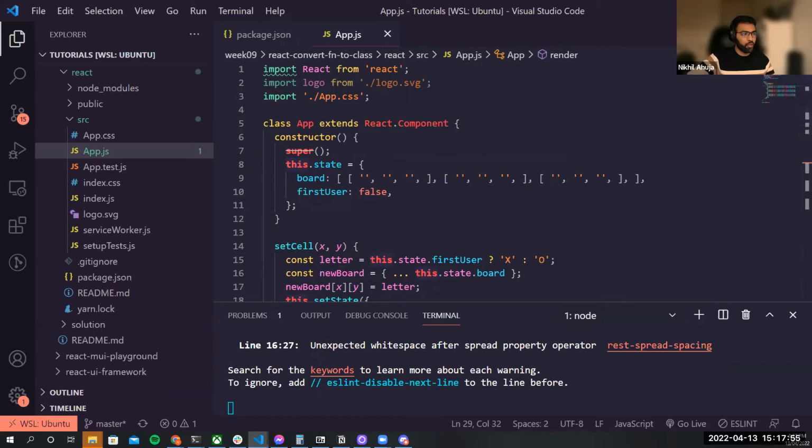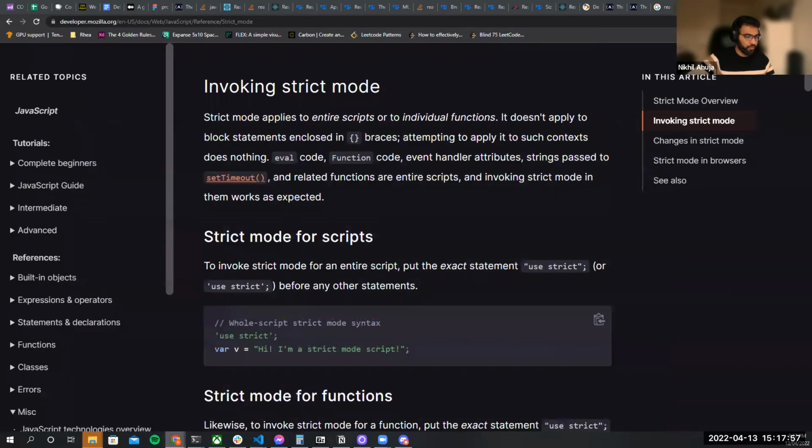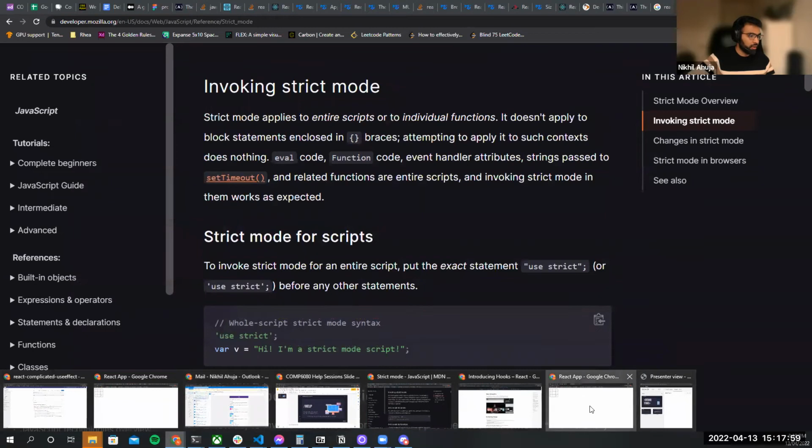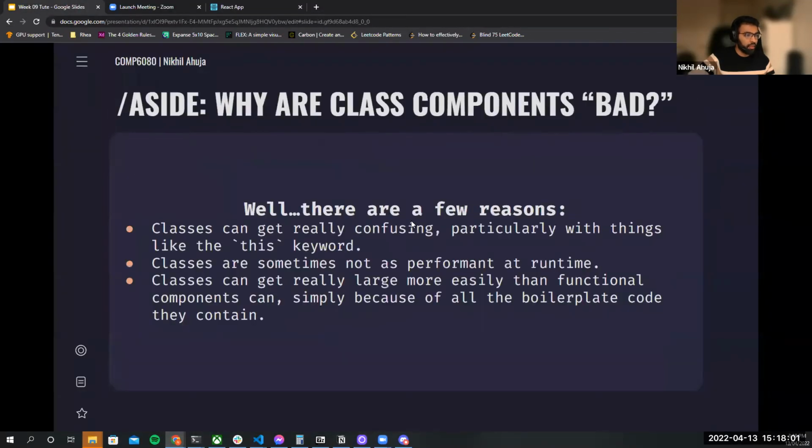And so you might be wondering, and you would be very correct to wonder, why don't we use class components more often? Why are class components bad? Why weren't we taught class components in the course? There are a few reasons. I don't have time to go into all of them today, but we'll touch on some of them. Classes can get really confusing, particularly with things like the this keyword. I'll show you an example of that in a minute. Before we touch on that,